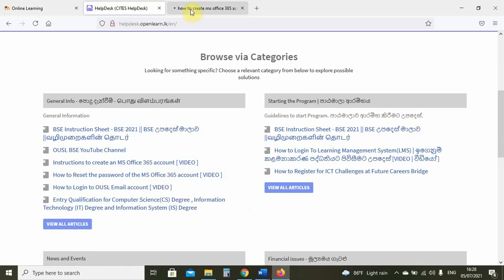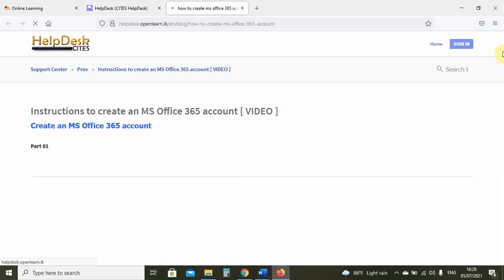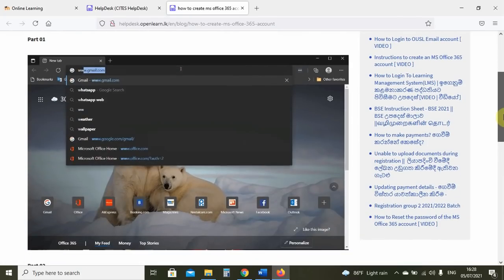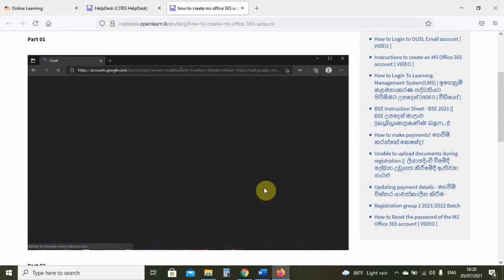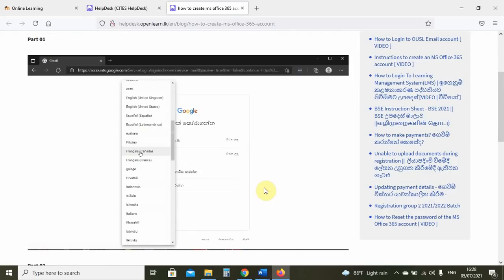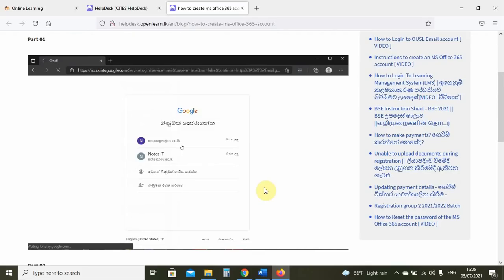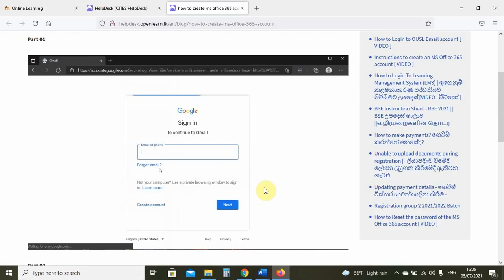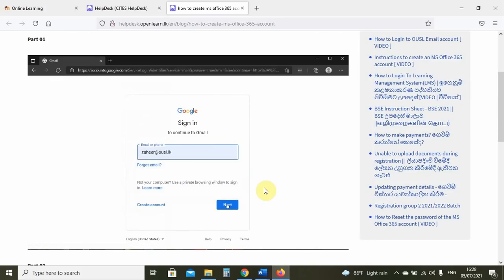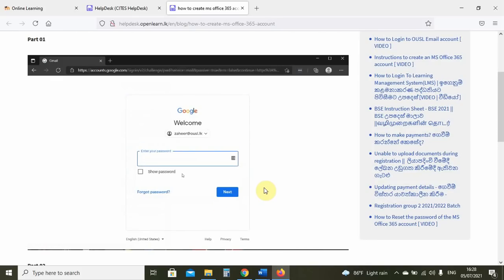Once again, we have given you instructions on the help desk in a little animation on how to create the account. So first of all, this person is logging in to the Gmail account relevant to the account.